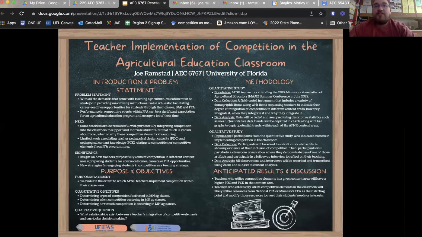So by doing this research, I hope that we can determine some links between pedagogical design capacity and content knowledge, and also the ability to hopefully, quote unquote, kill 2 birds with 1 stone and train some of those FFA teams and those competitive opportunities right inside of our classes, so that we can focus on delivering an outstanding agriculture education program and fulfilling all 3 components of that 3-component model of agriculture education, with classroom instruction, laboratory, and then also SAE, work-based learning, and then also leadership development.